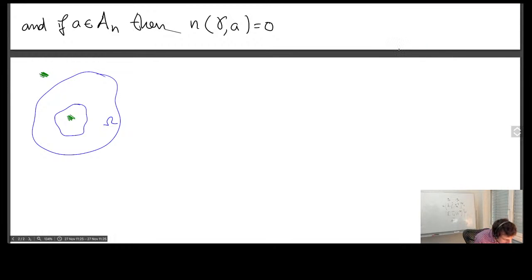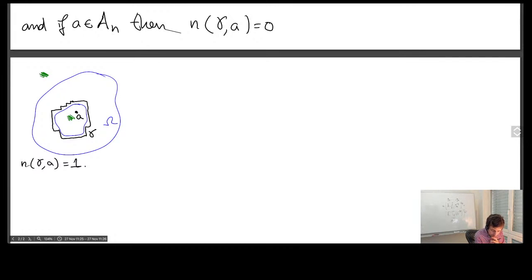Let's remember how we construct this. We took a point here, a point A, and then we did all these squares in which we basically built a little square around this. We did this construction where we built something like this around here. We called this the curve, and we showed that the winding number of the curve to a point A, which is not inside omega, and the curve, of course, is inside omega, was 1. So we showed that if the complement of omega had a connected component that wasn't the unbounded one, then we could create a curve whose winding number was 1.